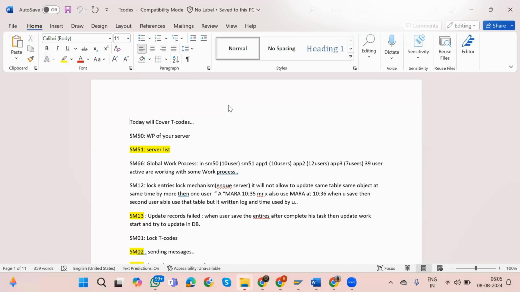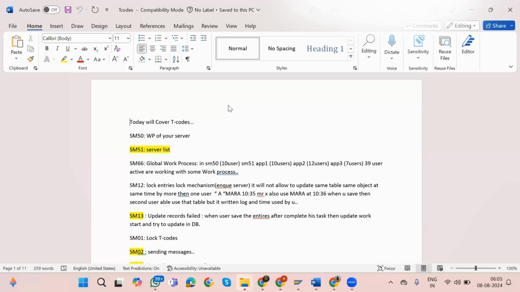If somebody is stuck at one process for more than 10 minutes... how much time can you assign to one dialog process? SAP standard is 10 minutes, but a company may urge to make it 20 minutes or 18 minutes. We made it, no problem. So if a single process is occupied by any consultant or any program for more than 20 minutes, what should it do? It should throw an ABAP dump